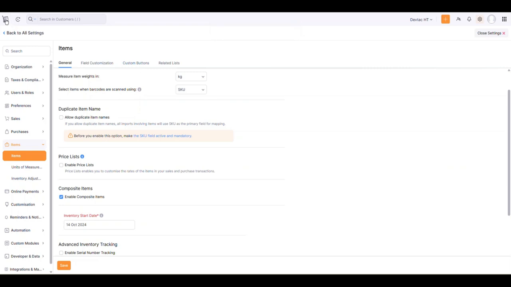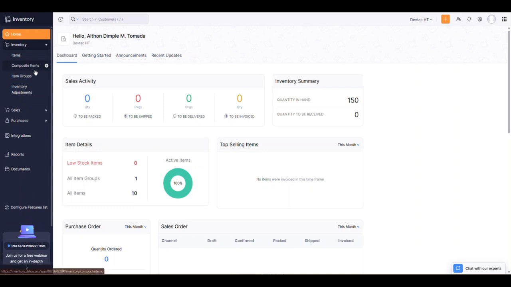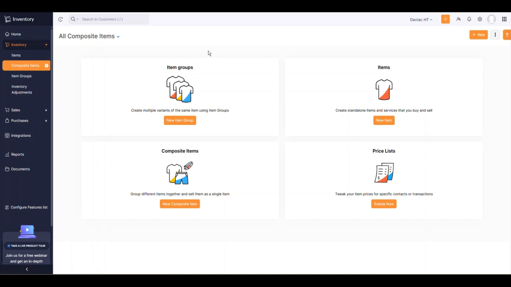Then upon going back to the home page, in the inventory section, as you can see, we have the composite items. So let's click this one. Composite items is basically a way to consolidate or bundle the items that we have here in Zoho Inventory into one single item. So let's try adding one. Let's click this new button,